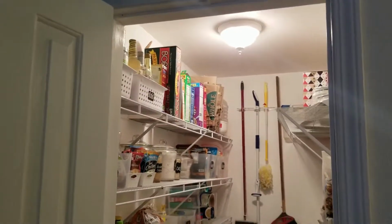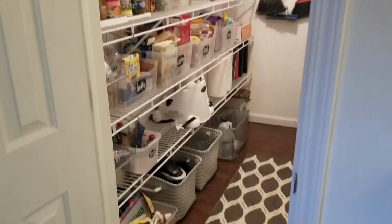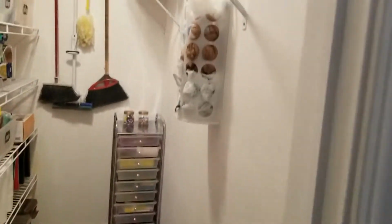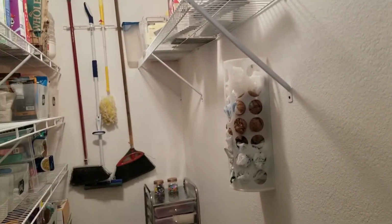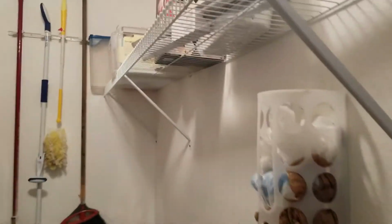Alright, so here it is after. I hope you can remember what it looked like. I'll put another before picture in here, but holy smokes, it's different and better. So on this side, nothing really changed. We still have our bag dispenser, the brooms and mops, and up here is just a couple of things, like